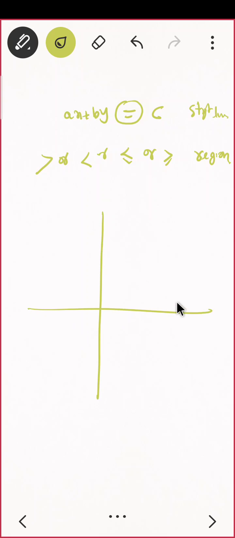That is what I will do. I'll draw a straight line first. Suppose my straight line is like this, correct? Now this straight line is dividing the plane into two parts. One part is this part and another part is this part. One of them would be less than sign, one of them would be greater than sign. If it is strictly less than or greater than, then that line is not included in the system. Is that okay, everyone?